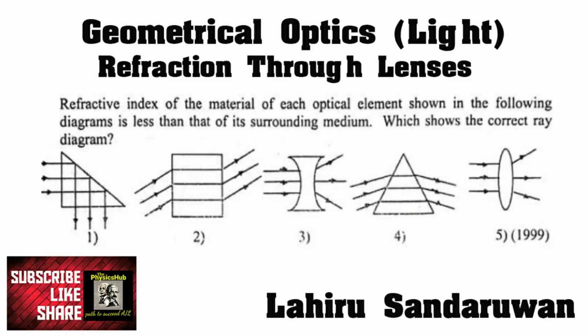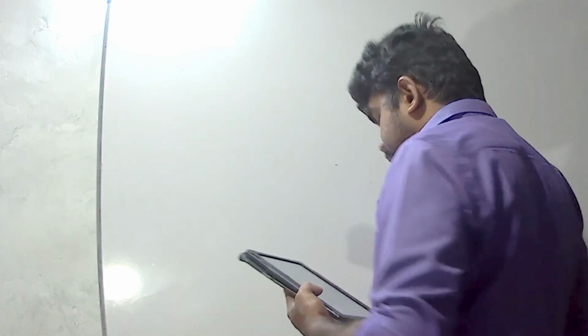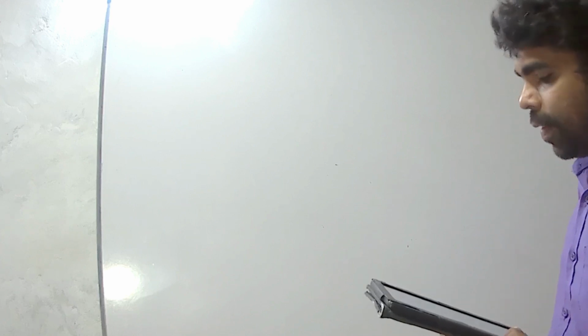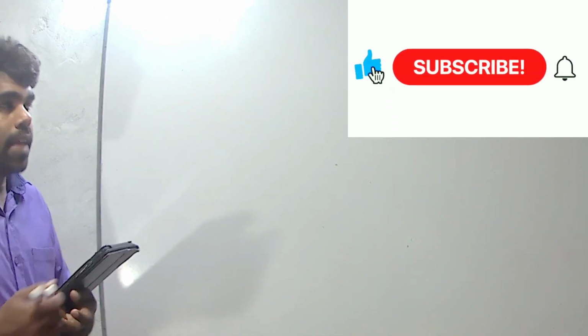The refractive index of the material of each optical element shown in the following diagram is less than its surrounding medium. Which is the correct ray diagram? We know that if the refractive index of the outer medium is less than the refractive index of a lens,